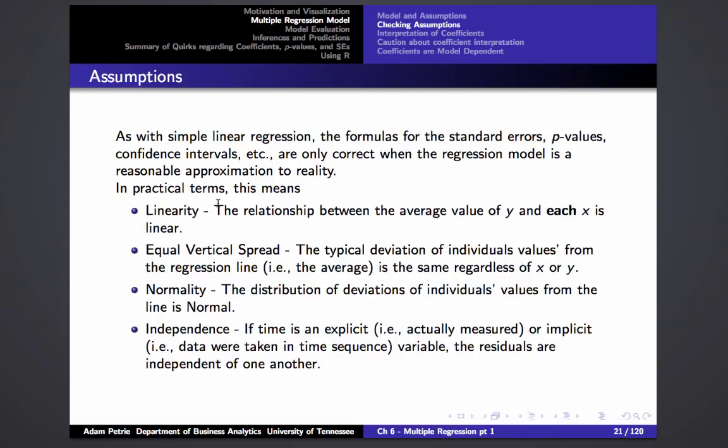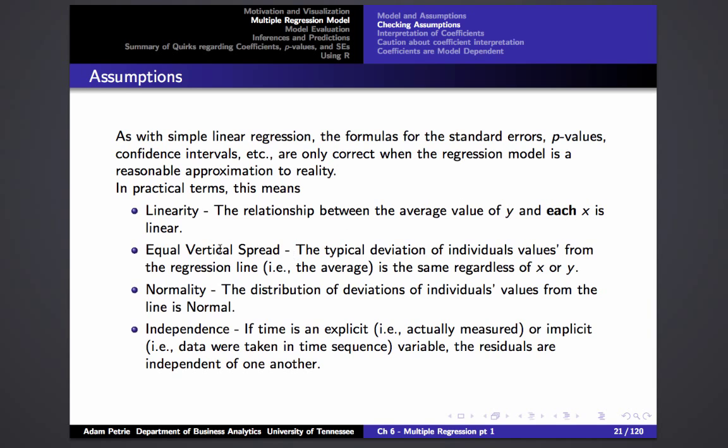And the assumptions behind the regression model are ones that we've seen before, just with a few extra things going on. The first assumption, well, we said that the model says that the value of y is just a linear combination, or what we can call a weighted sum, of the predictor variables. And what that means is that the relationship between the average value of y and each predictor variable individually is linear. So if we look at scatter plots between y and x1, y and x2, etc., we should see linear